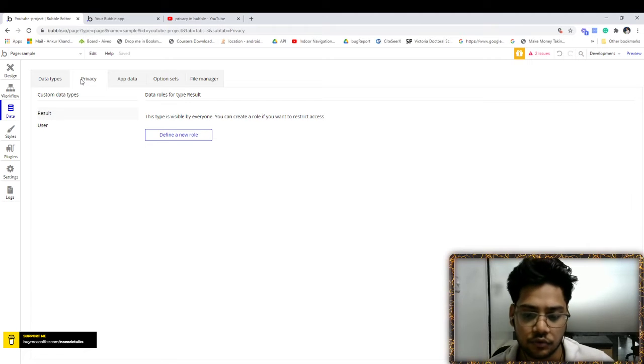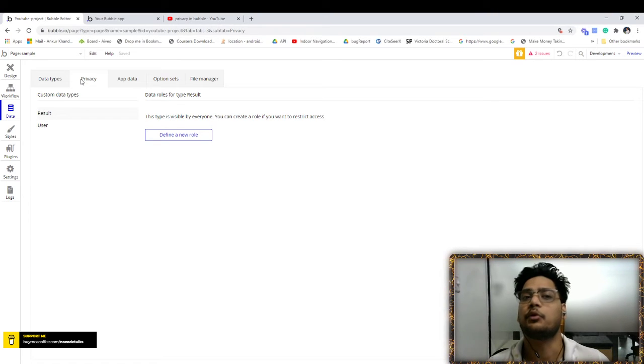A driver who is expecting a booking from the rider doesn't need complete information about who all are riders or all the bookings in the platform. They just need info related to their booking, not other bookings or anything. This is where privacy comes in.